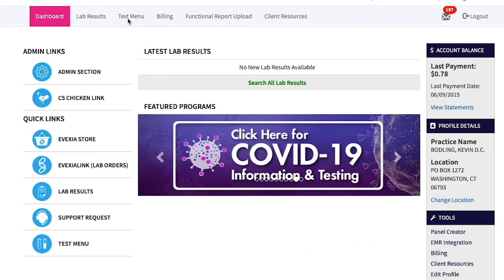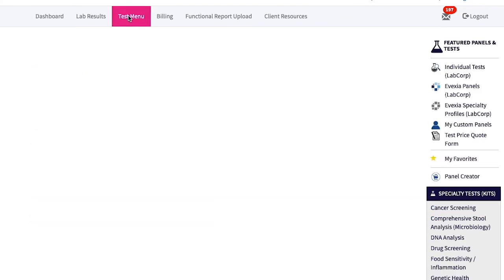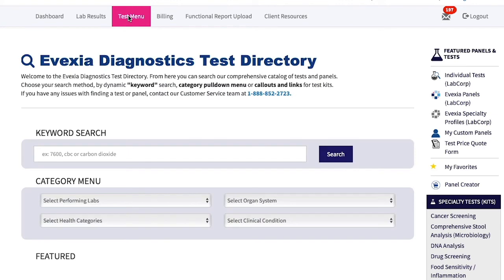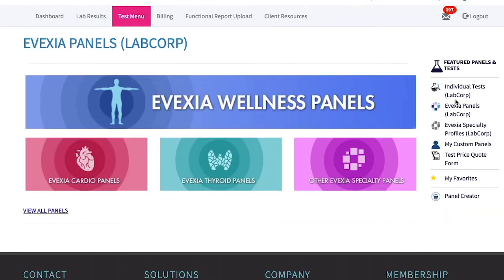When you log into your Evexia account, you are automatically taken to the dashboard. From here, click on the Test Menu tab at the top of the page. You will then be directed to the Evexia Diagnostics test directory. Although you can enter Evexia into the keyword search box, you can simply click the quick link labeled Evexia Panels under the Featured Panels and Tests column on the right, which will bring you to the different categories of ready-to-run